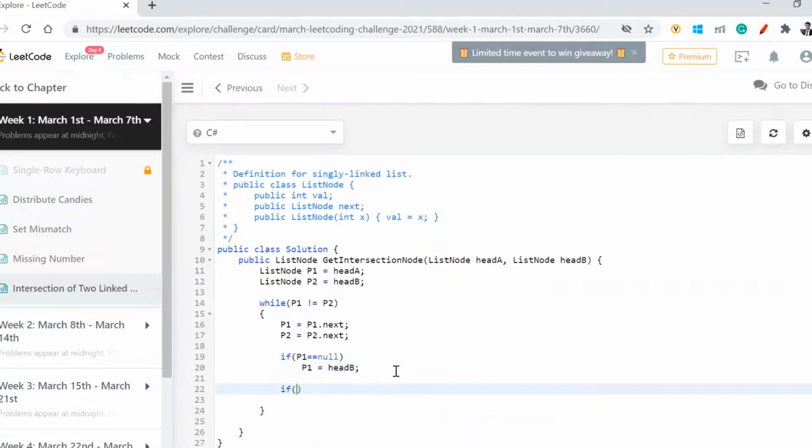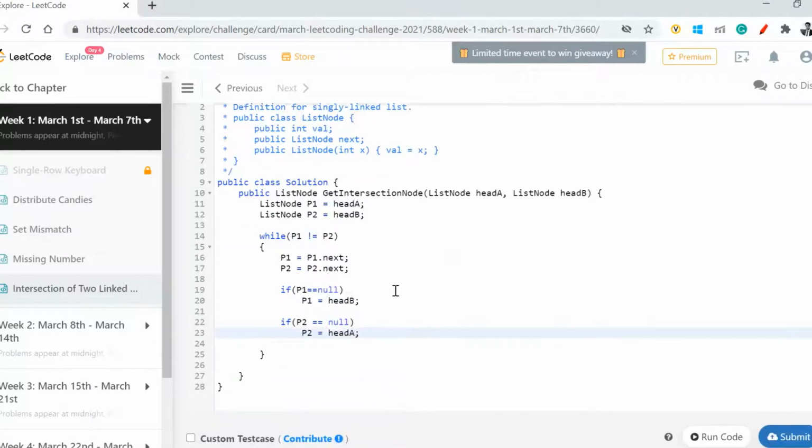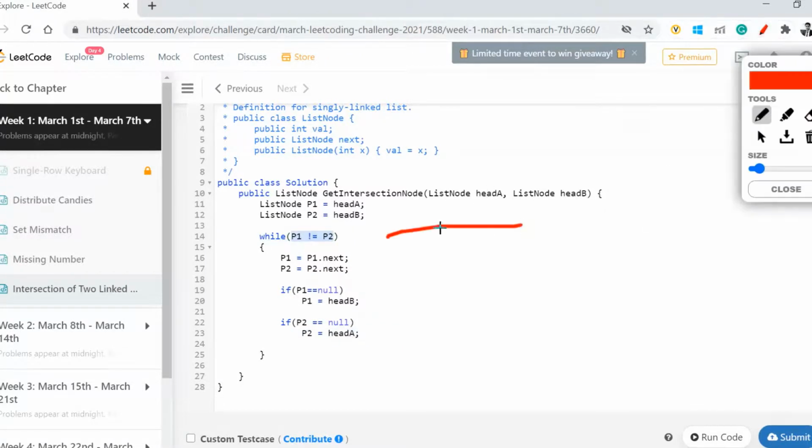Then I'll do this. If P2 is double equal to null, I'll make P2 equal to head of A. Now this way, both are pointing to two different linked lists. And these two will become equal at only two conditions.